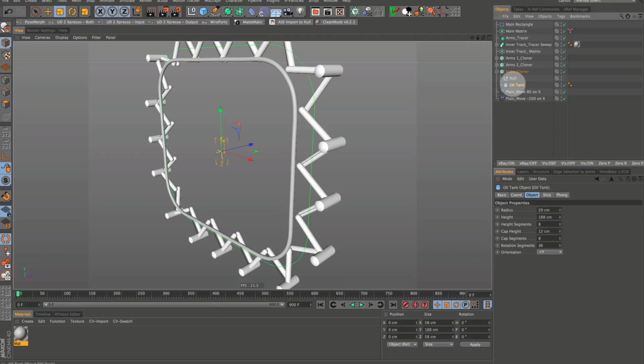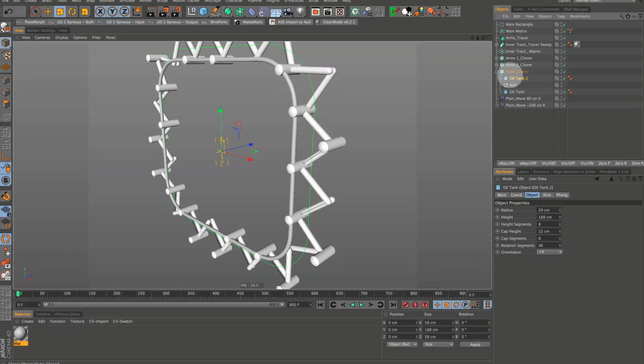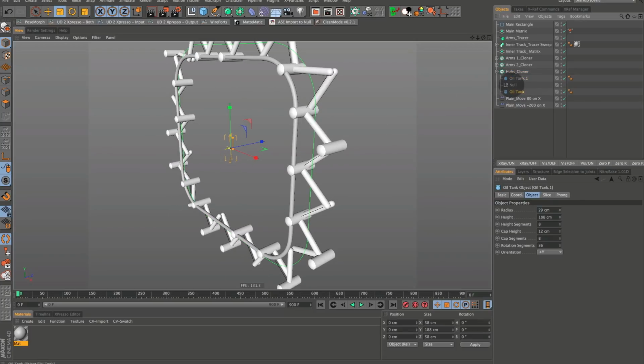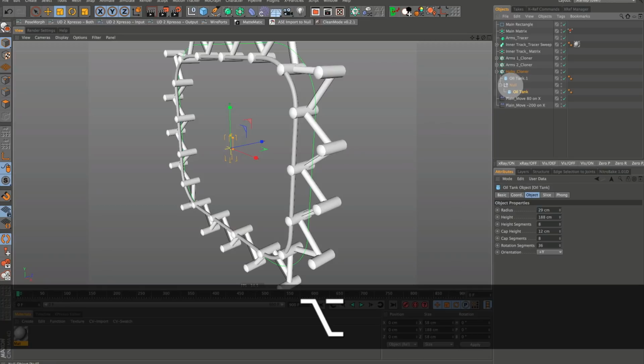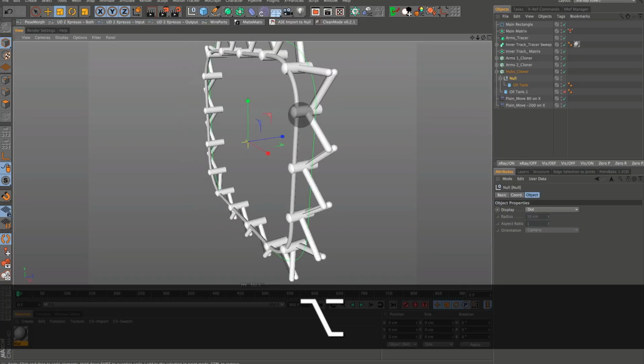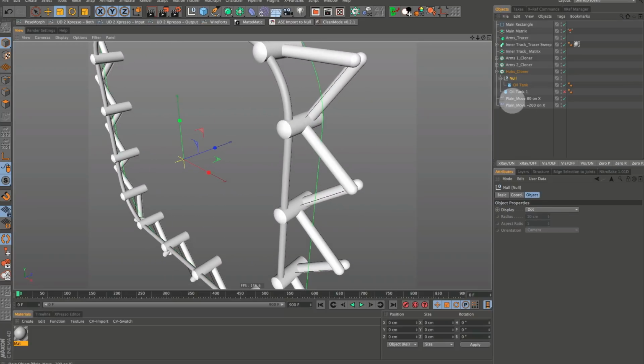And hold down Control and just copy that tank object. And then we're going to put this one into this null. And for now, let's just turn that off. Oops, no, that's the one. Okay, actually, we want to switch these. Okay, we want that top one. There we go. Okay, so you'll see why we put that in a null here in a minute,